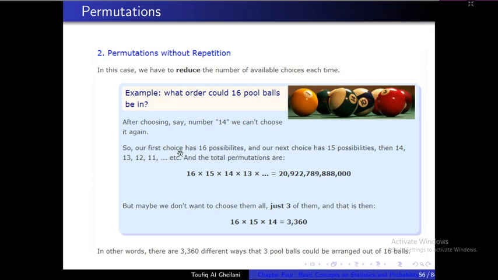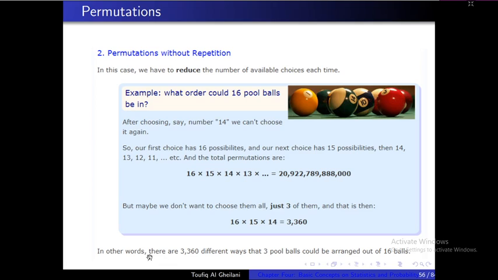So our first choice has 16 possibilities, and our next choice has 15 possibilities, then 14, 13, 12, 11, and so on. The total permutations are 16 times 15 times 14 times 13 and so on. But maybe we don't want to choose them all, just 3 of them, and that's then 16 times 15 times 14 equals